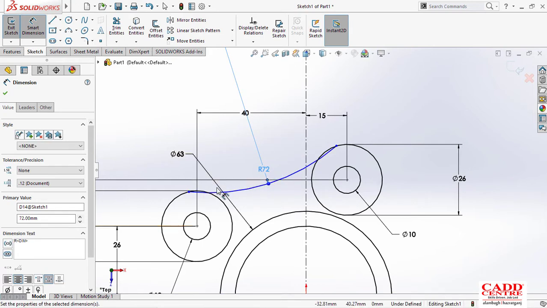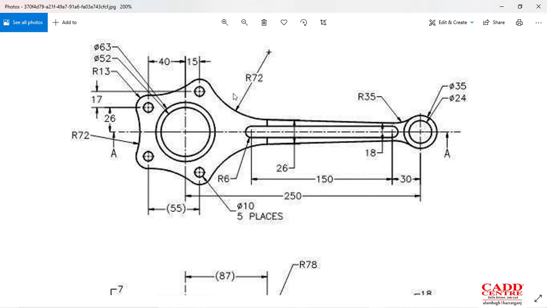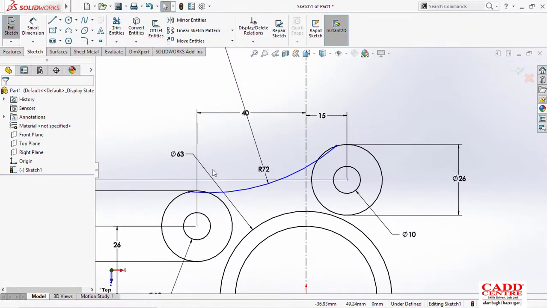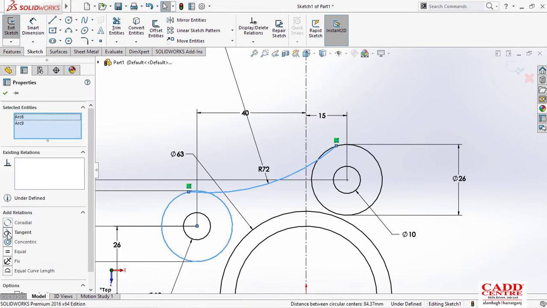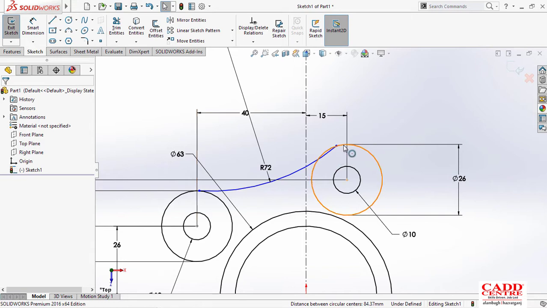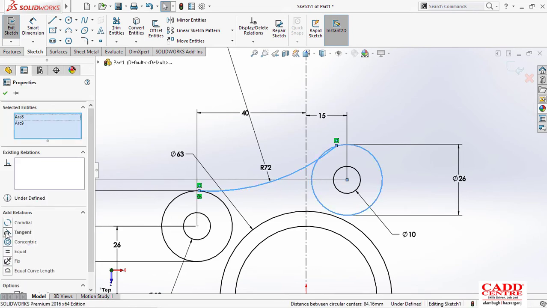After giving the 72, we have to provide the mathematical condition of tangency between this one and this one. So I'll provide the tangency condition between this and that figure. I'll also provide the tangency between this one and that arc, that arc and that circle also, which is again tangent.